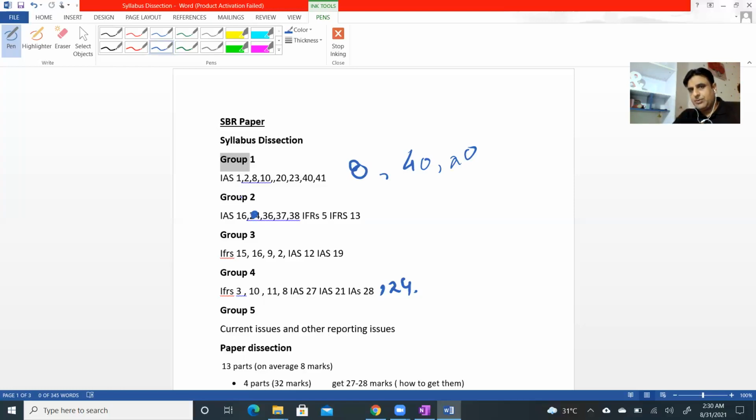Now, group 3 has the most difficult part of the syllabus, the big ones. This part includes IFRS 15 revenue, IFRS 16 leases, IFRS 9. I have just written IFRS 9, but you know the other accounting standards are also related to financial instruments. I am basically talking about financial instruments. IFRS 2 share-based payments, IAS 12 tax, and IAS 19. These six accounting standards